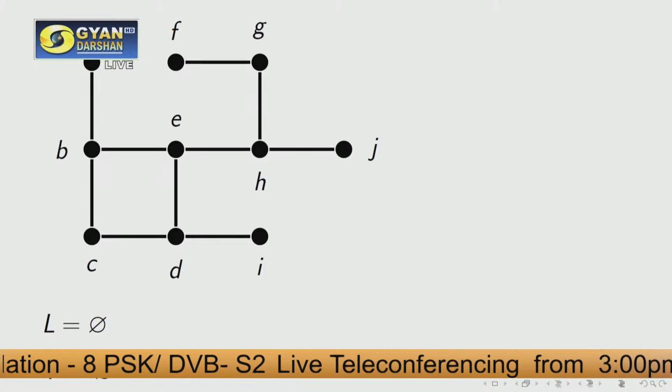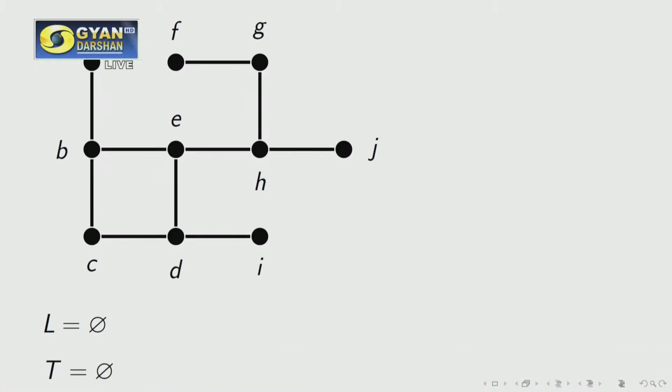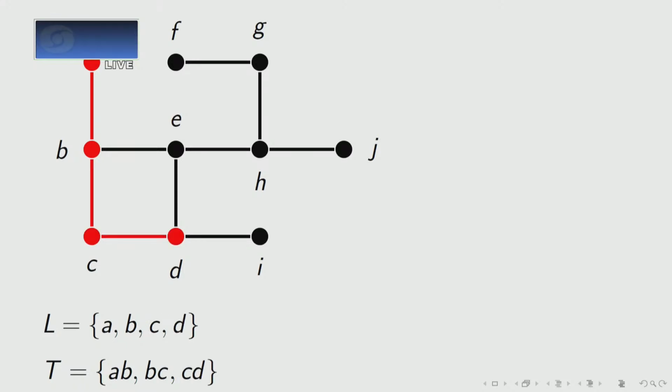Look at this graph. Here the vertices are just alphabets. In this graph, we shall visit them in lexicographic order, that is, in dictionary order. Again, let's start with the root vertex A. Initially L is A and T is still empty. So we move to B. So AB is included in T, and then B to C, C to D, D to E, and then H,